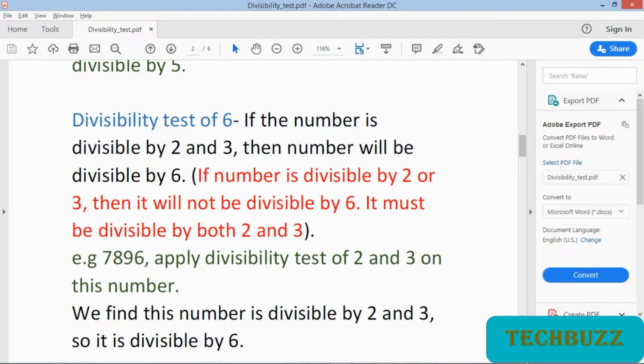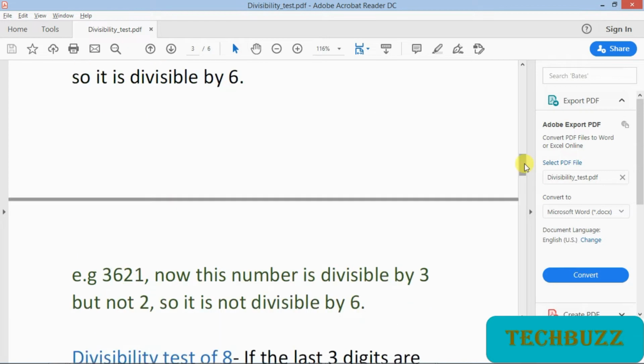So the divisibility test of 6 is that if the number is divisible by 2 and it must also be divisible by 3, then only it is divisible by 6, because the father has the highest privilege. In case the number is divisible by only 3 or only 2 and not by the other, it will not be divisible by 6.